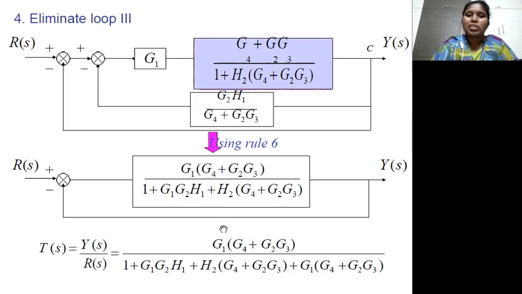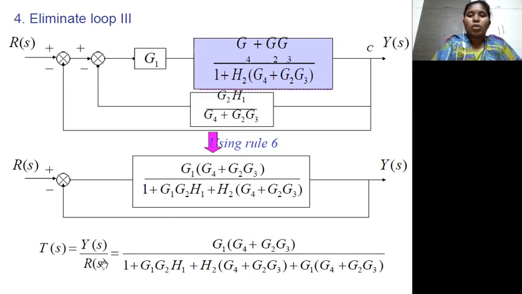So consider H is equal to 1. In the place of G, substitute this equation. Now you can get finally G1 into G4 plus G2 G3 divided by 1 plus G1 G2 H1 plus H2 into G4 plus G2 G3 plus G1 into G4 plus G2 G3. So this is the final transfer function which we have to obtain for the given block diagram,